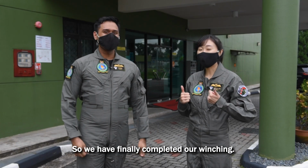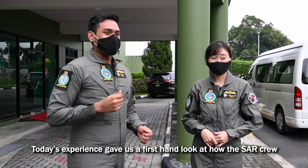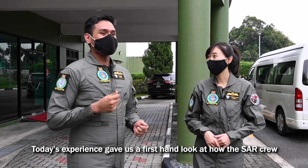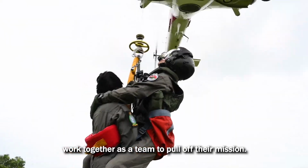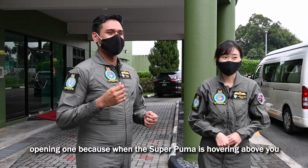Yay! So we have finally completed our winching. And now I know what it's like to be rescued. So today's experience gave us a first-hand look at how the SAR crew works together as a team to pull off their mission. And I would say the experience for me personally was a very eye-opening one because honestly when